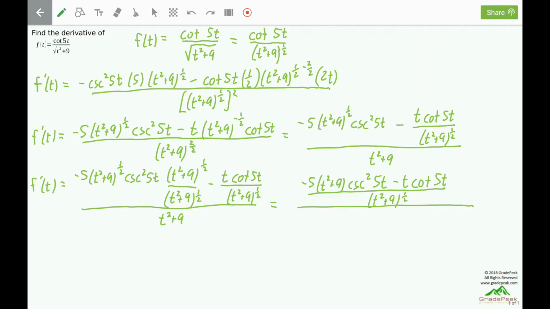And then the entire thing is over a t squared plus 9. Well, that t squared plus 9 can be made into a fraction by putting it over a 1 so that we can reciprocate and multiply it. And we're going to want to do that so that we don't have a fraction over a fraction. We want a single fraction. So f prime of t is going to equal